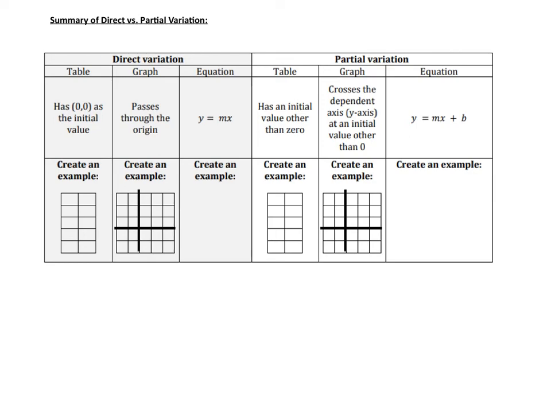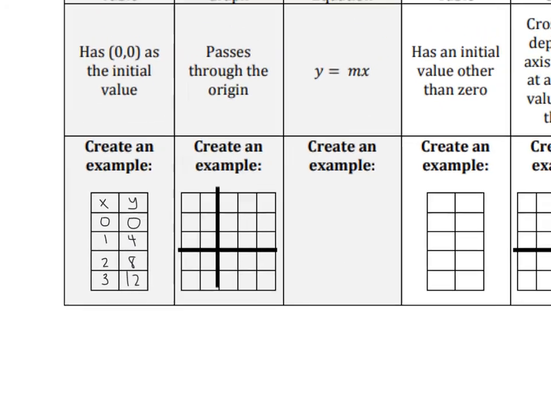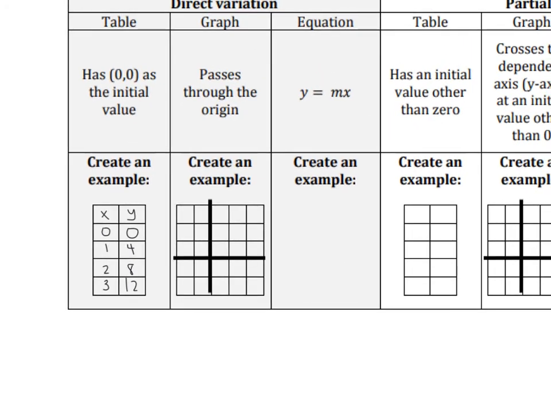So for example, if I were to fill in this table of values here, here's my X column, here's my Y column, I need to see that 0, 0 is my starting point, and it doesn't matter what these points are, so it could look something like this, where 0, 0 is the clear starting value for my table of values. If I was looking at a graph, well, then to tell if it was a direct variation,